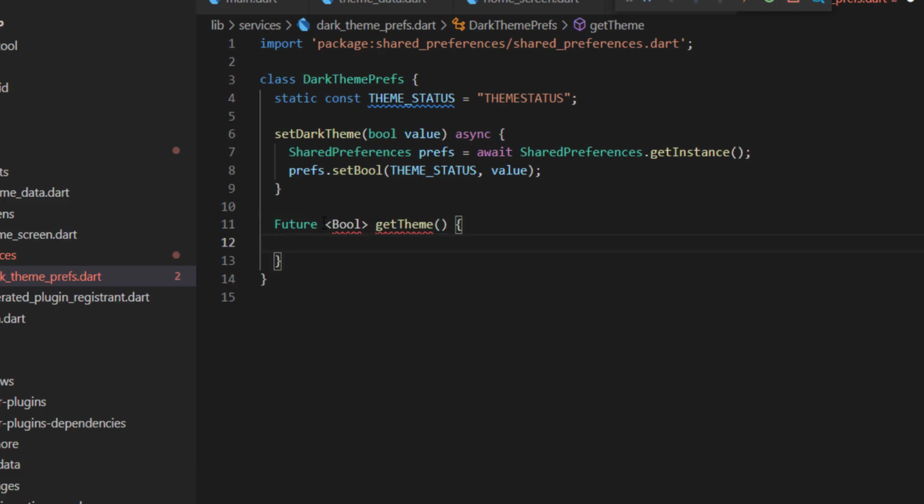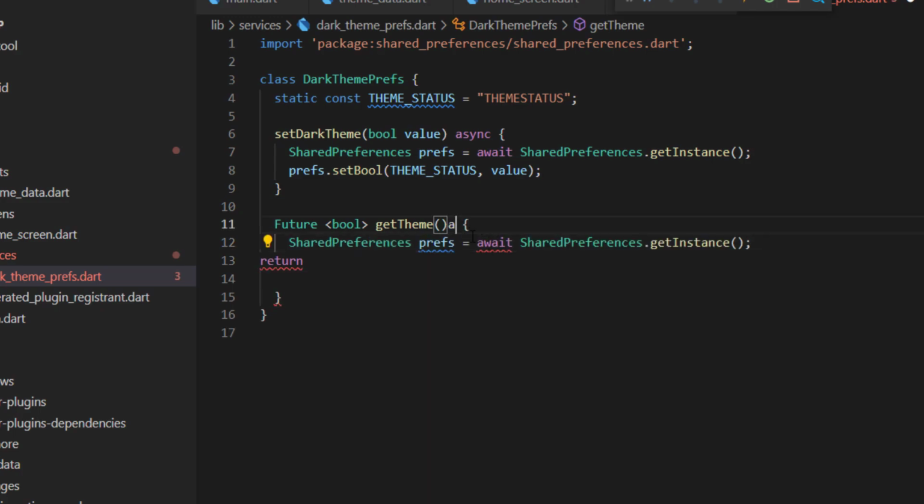Now still making an error. This one should be small, but still making an error in here because it's missing a return statement. So once I add return in here, the error is gone, as you can see. Perfect. Now we need to initialize this shared preference, so I will copy it from here, paste it here,